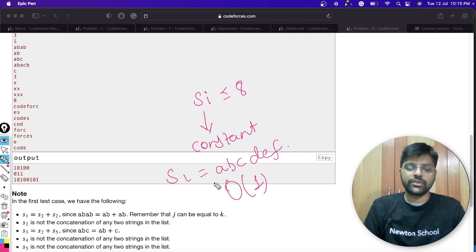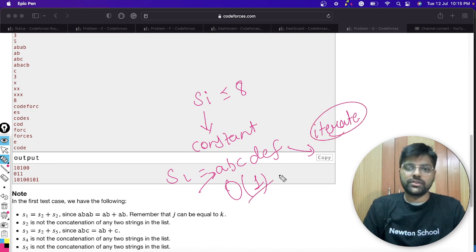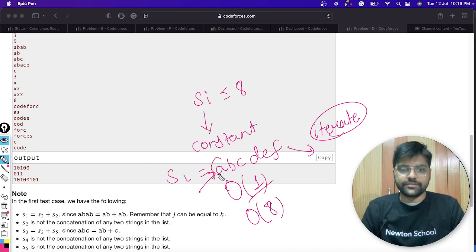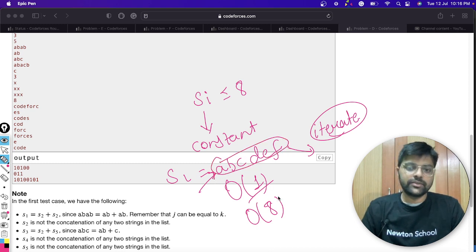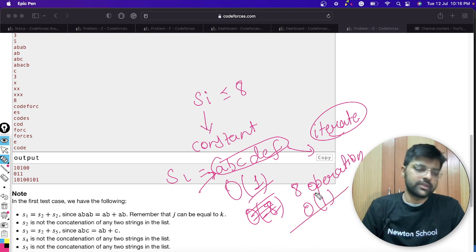If we process or iterate from start to end, it will take constant time. Let's say at max it will take order 8 time, like 8 operations for an iteration, so it will be order of constant, order one time.